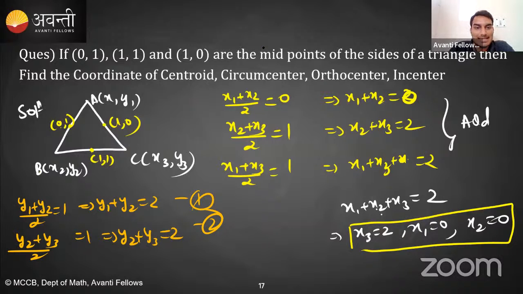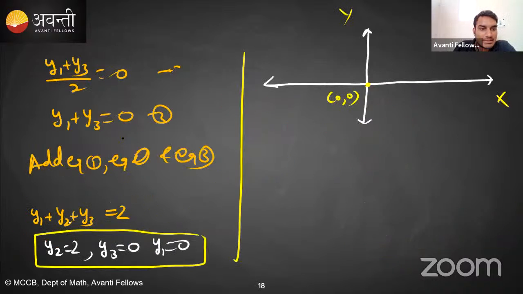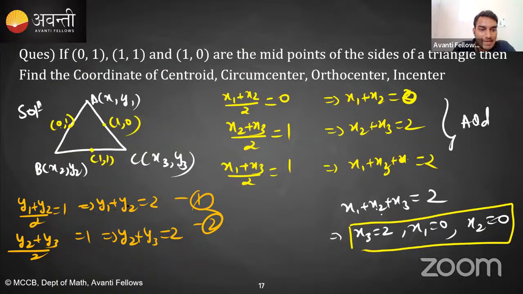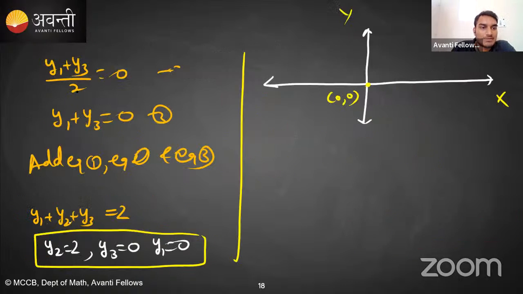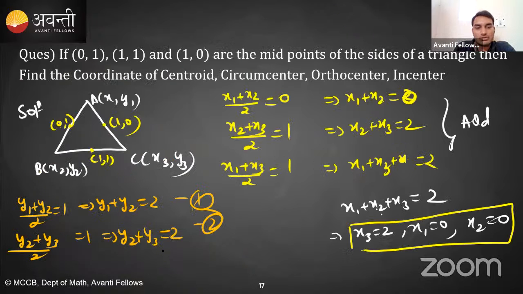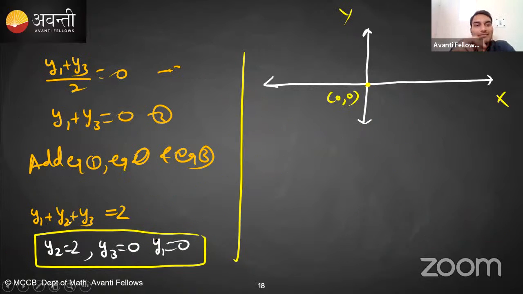Okay, कैसे फाइंड किया? ऐड कर दो इक्वेशन 1, इक्वेशन 2 एंड इक्वेशन 3 को ऐड करो, क्या आ जाएगा? y1 plus y2 plus y2 plus y3 plus y3 plus y1 which is on the left hand side, right hand side पे 2 plus 2 4, so 2y1 plus 2y2 plus 2y3 is 4, so y1 plus y2 plus y3 कितना आ गया? 2। ओके, सो अब बारी बारी से जो भी इक्वेशन यूज करो, लेट्स से y1 plus y3